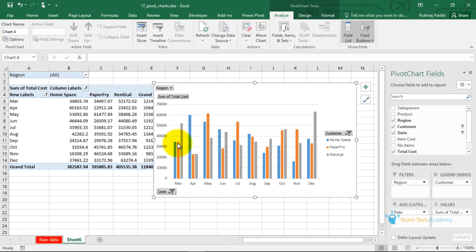So if your data has a lot of cuts and you would like to show different scenarios or combinations of data series and categories in your presentation, maybe creating 10 or 12 different charts will not help. Creating this one pivot chart and using its filters to show all those while presenting may be a better option. So it's a very strong chart. Whenever you are summarizing the data using a pivot table, you can always use a pivot chart along with it to graphically represent the pivot table data.